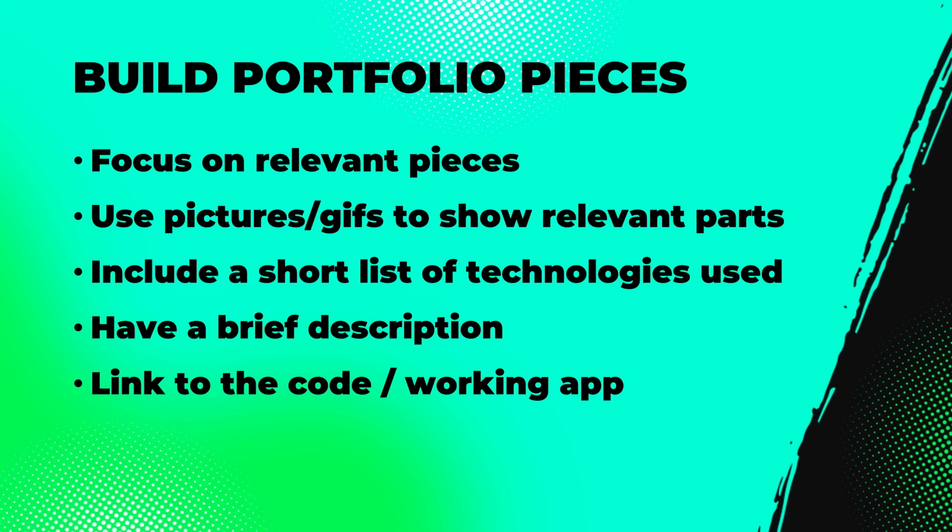Ideally, it doesn't have to be. If it's a thing you sell, cool. Don't give the code away, but show the working app. It's still really impressive. You have an application you're actually selling to customers, even if only a few people bought it. But either way, have a link to the code or the working app or both to show off